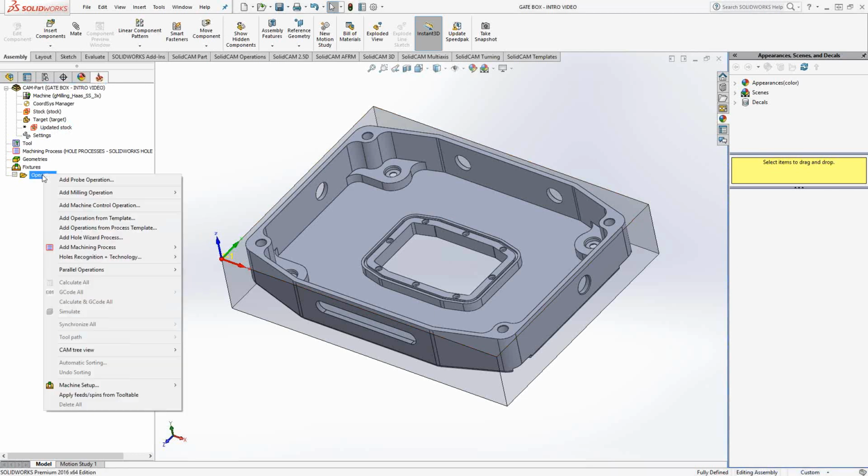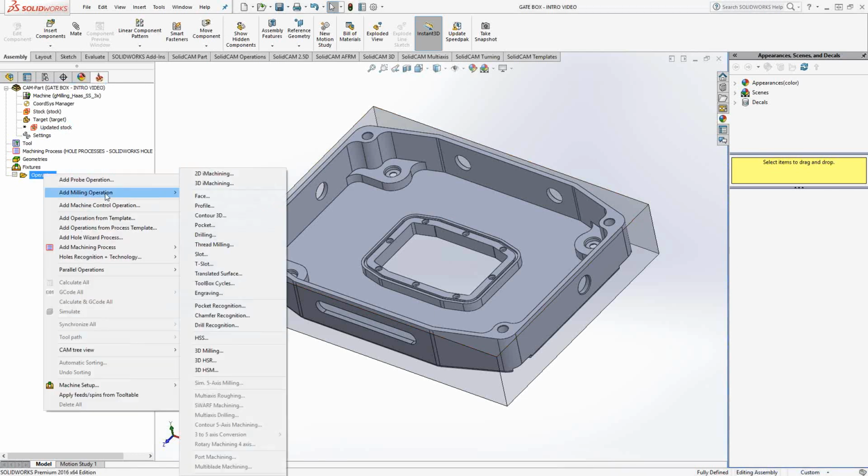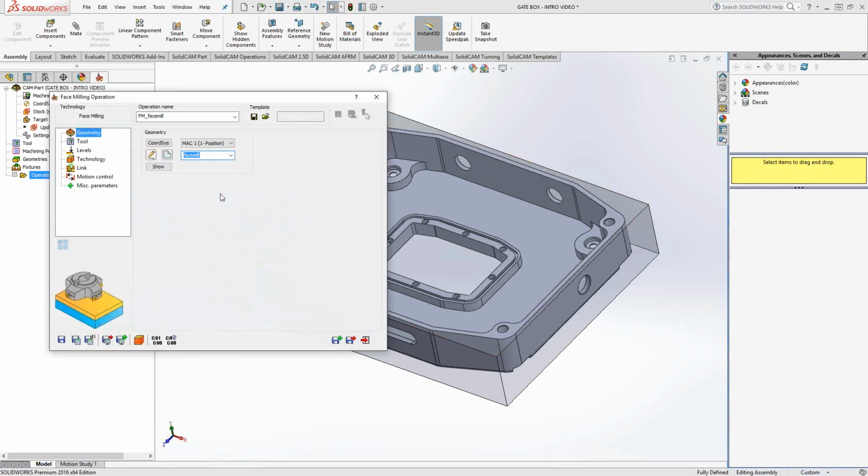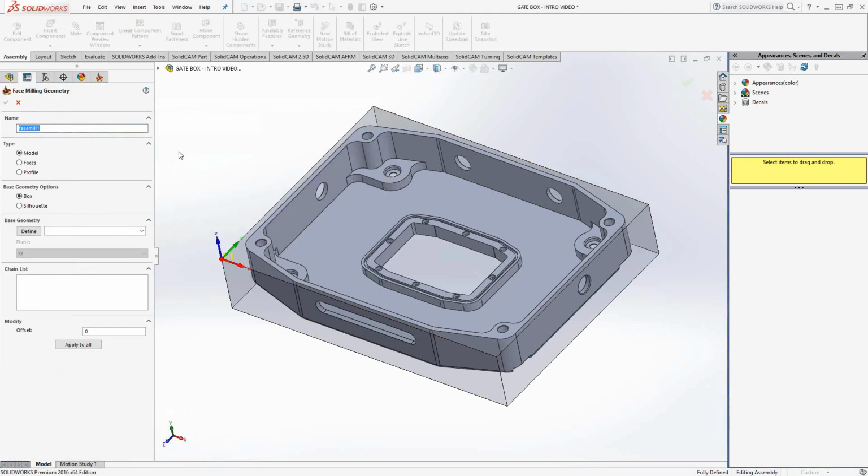So let's begin. We'll go to the milling operation. Facemill is the first of the basic 2D, 2.5D toolpaths from SolidCAM. The workflow on the left side is the same as any one of our other toolpaths. We'll begin with the geometry. Facemill is unique in that it gives you the 3 types of geometry selection for the geometry used in this